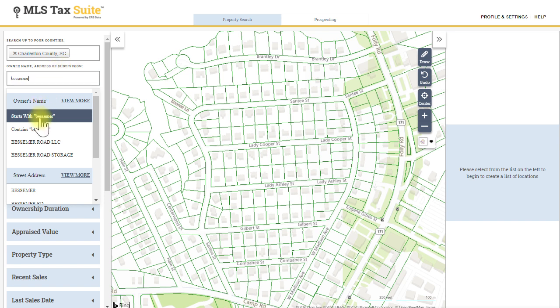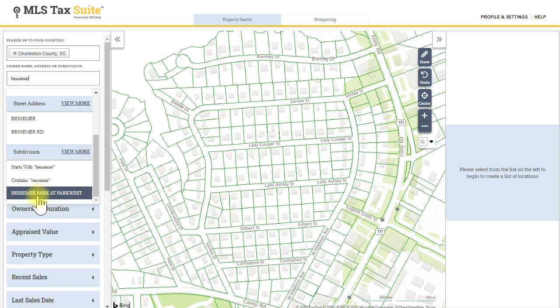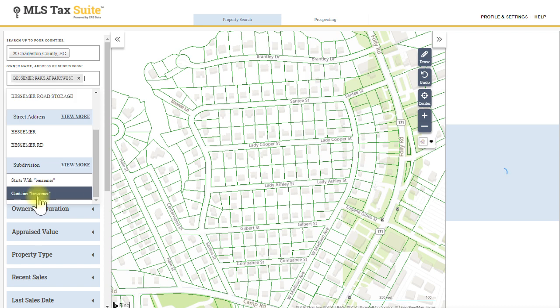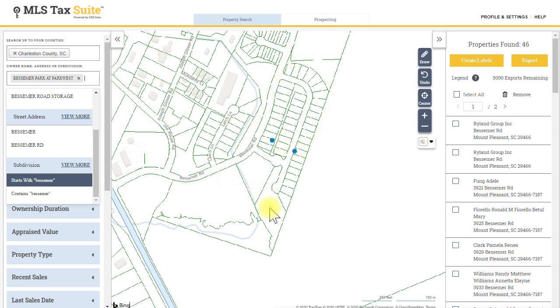It begins by asking, are you looking for somebody whose name is Bessemer? Are you looking for a street address on Bessemer Road? Because Bessemer Road is actually a lengthy main road through Park West. But keep scrolling down, and there we go, Bessemer Park at Park West. And so it narrows down to just these homes here. That is Bessemer Park of 46 homes. Very, very manageable amount. Now, once we're here, we're going to begin going down this list one at a time